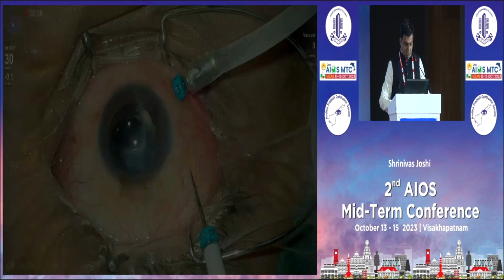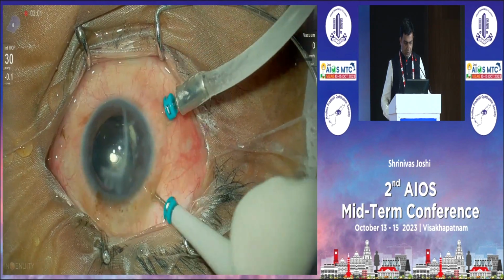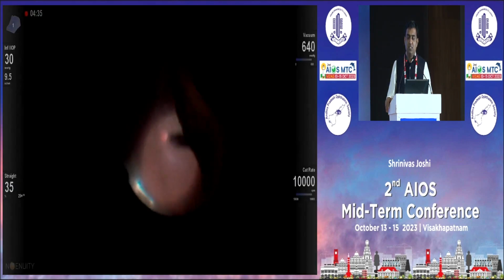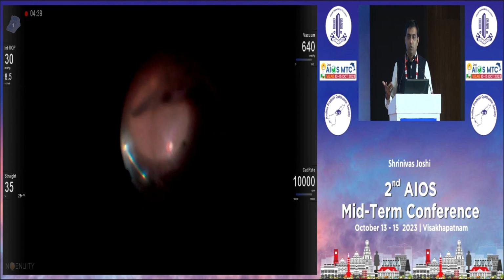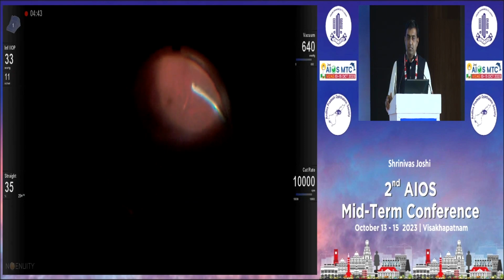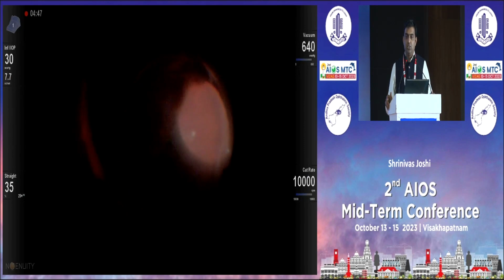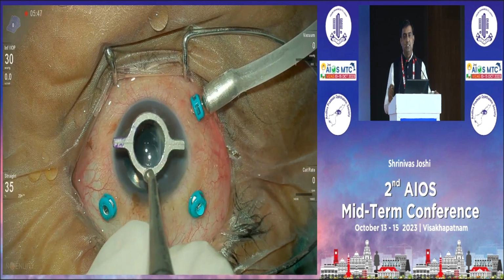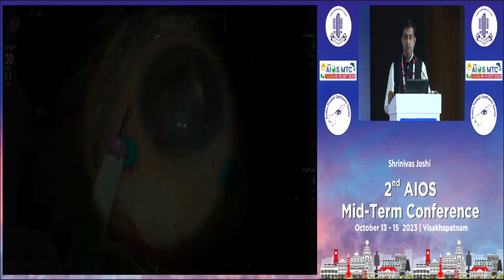So this is the last video, I just operated a few weeks back. This was again a subluxated IOL, 3-piece IOL. So instead of removing it, what I thought was I'll just first complete the vitrectomy and use a 27 gauge entry here. Smaller the gauge entry is always better, lesser the chances of slippage. See here I have just marked it.